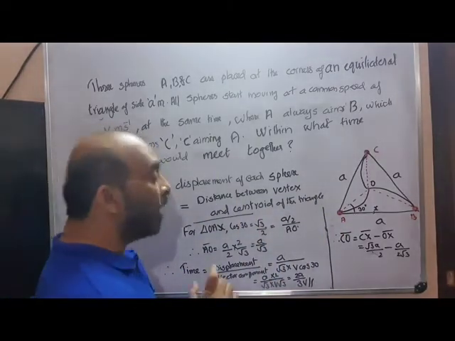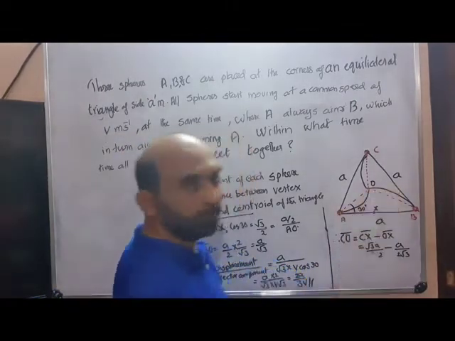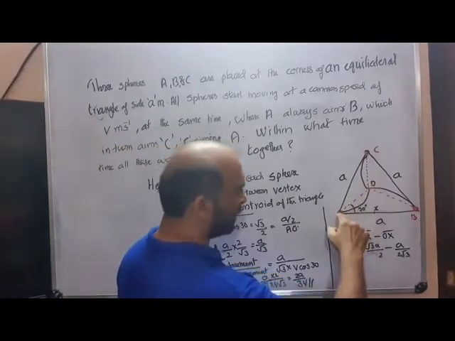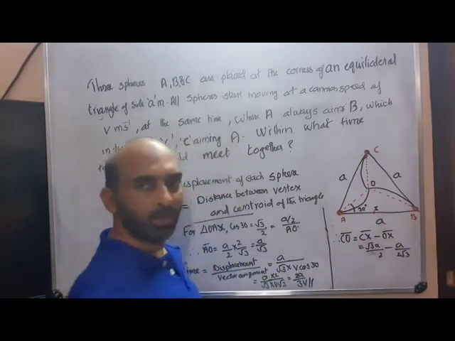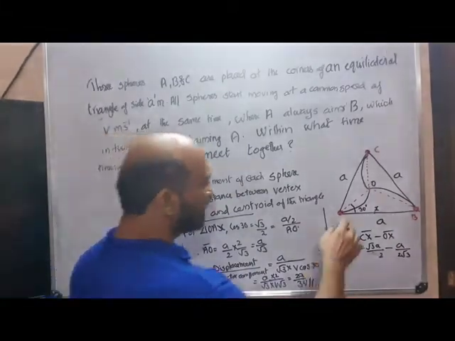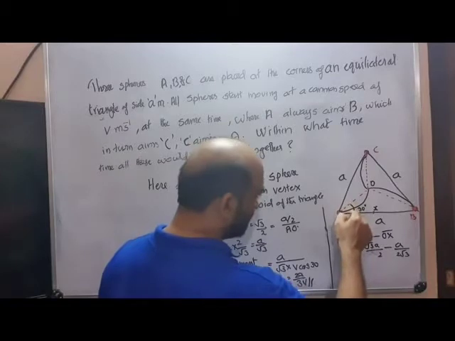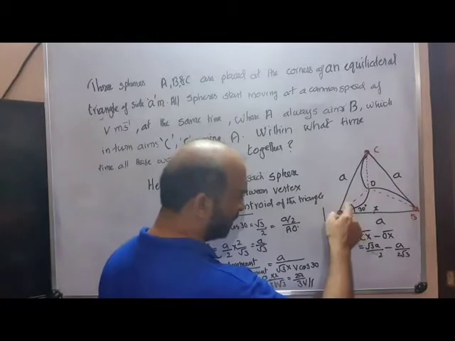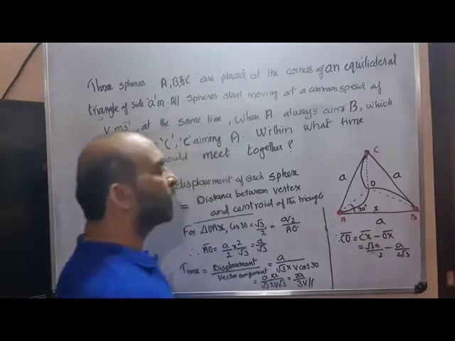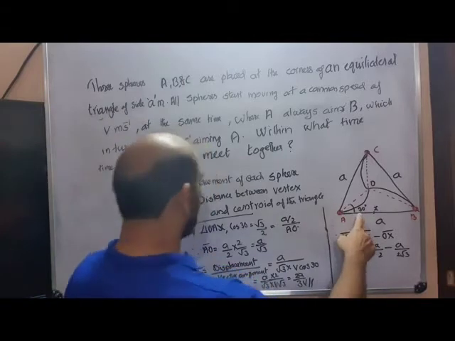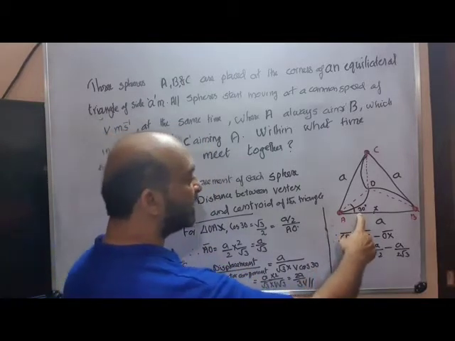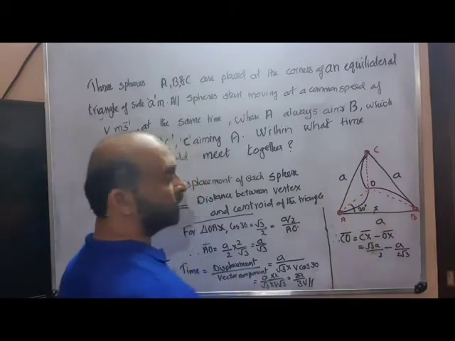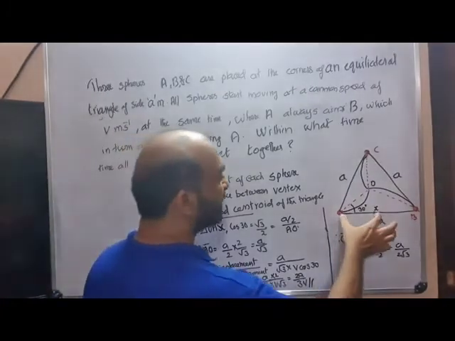Okay. How to get this distance? That's important. For that, we imagine this triangle OAX. See, the total angle is 60, so this angle will be 30. Even though in the diagram it may not appear like 30, it is equally divided between these two. So it is 30. So what is cos 30? Cos 30 is adjacent side by hypotenuse, and hypotenuse is the required distance. Adjacent side is what? A by 2.